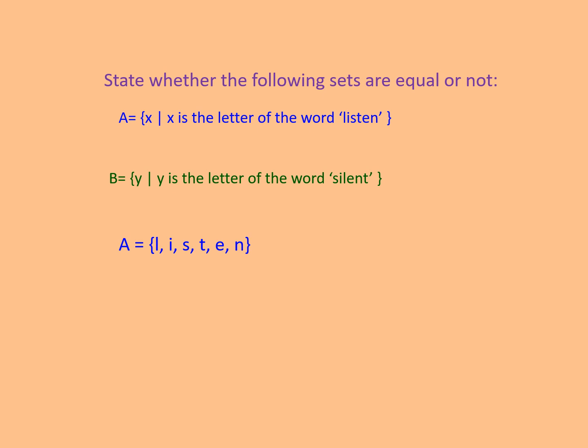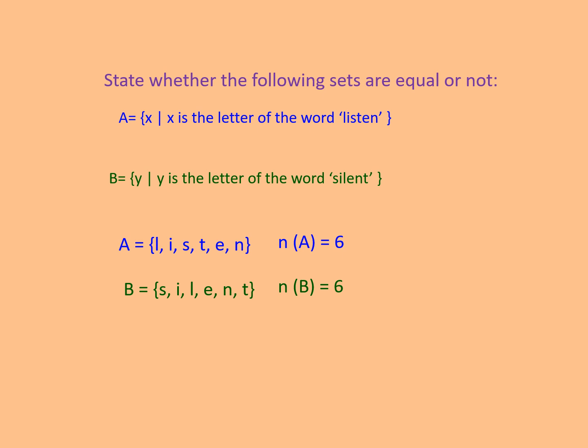As you know, all the elements have come and the elements are not repeated. I hope you remember that the elements of any set are not repeated during writing time. Similarly, we can also say that the number of elements in set A is 6. We have set B: S, I, L, E, N, T and we have the number of elements in set B as 6. So, as we have defined it, the number of elements in both the sets are the same, that is 6 and 6. Whether the elements are the same or not, we have to check it.